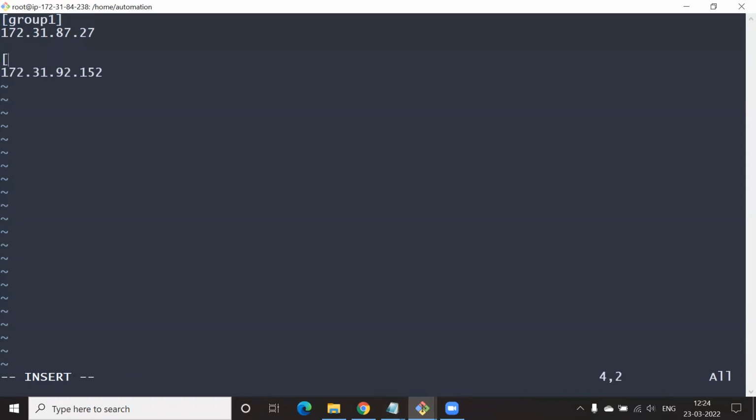Ideally in the real world, you can have any number of servers in your group1 and group2. Rahul, you understand that, right? Yes. Okay, group2, and close it. Save it.